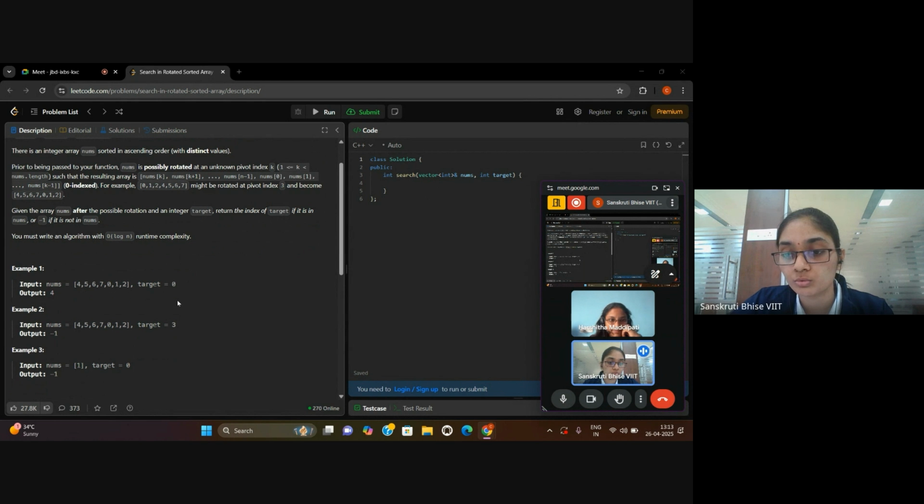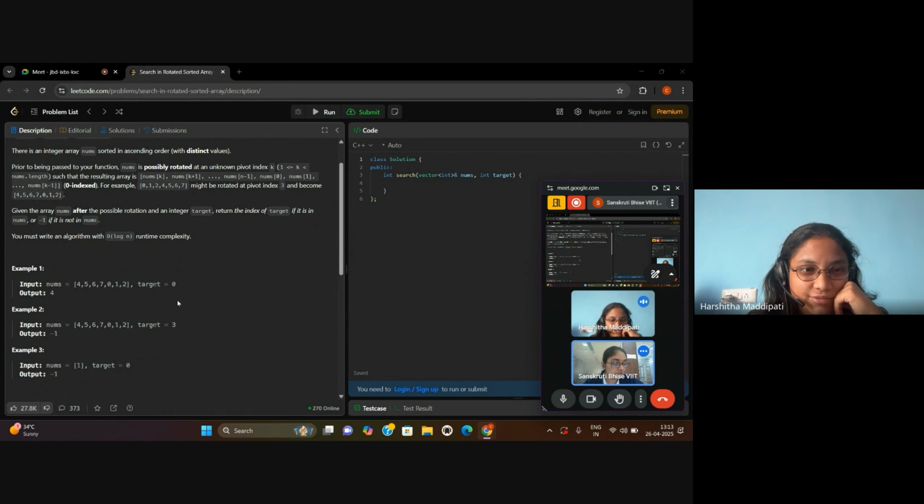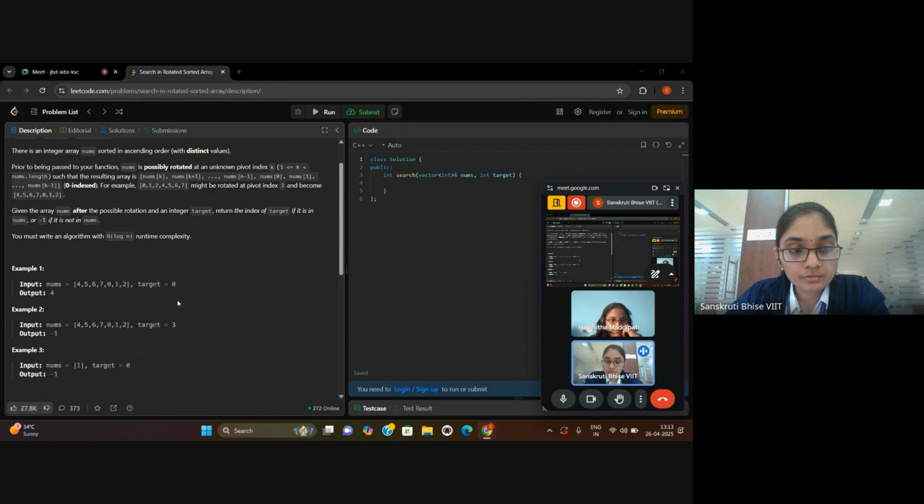Can I take a few seconds to analyze it? Sure. So we have 4, 5, 6, 7, 0, 1, 2, and my target is 0. The first point will be finding at which index my array is rotated. I can find the middle element using the formula starting index plus ending index divided by 2, which gives me index 3.